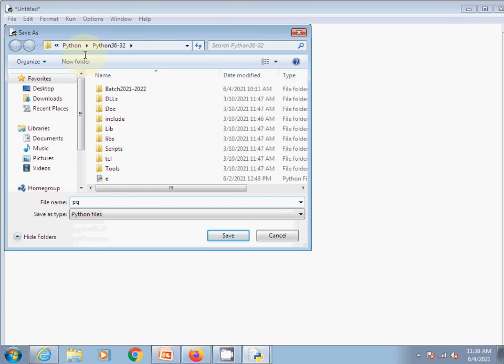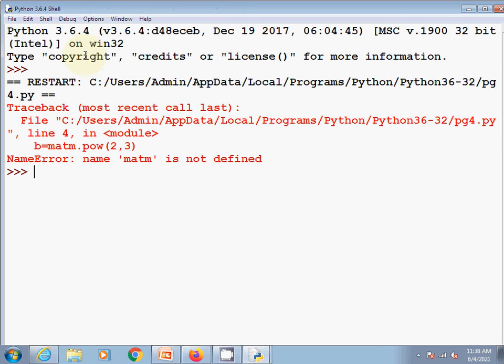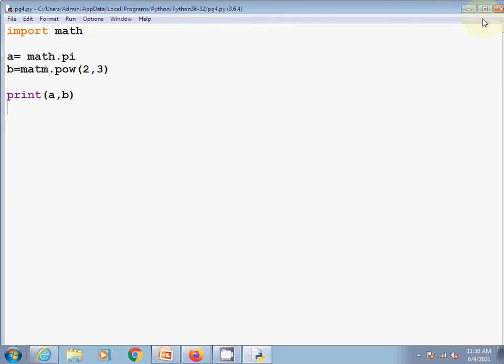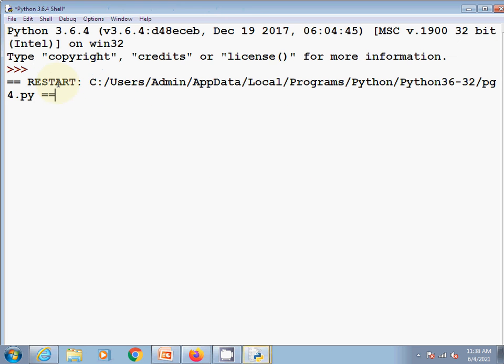Save it as a .py file. Okay, I've written it wrong here, math, math. F5. Okay, now see, pi is accessed here, as well as the pow function is also accessed here.